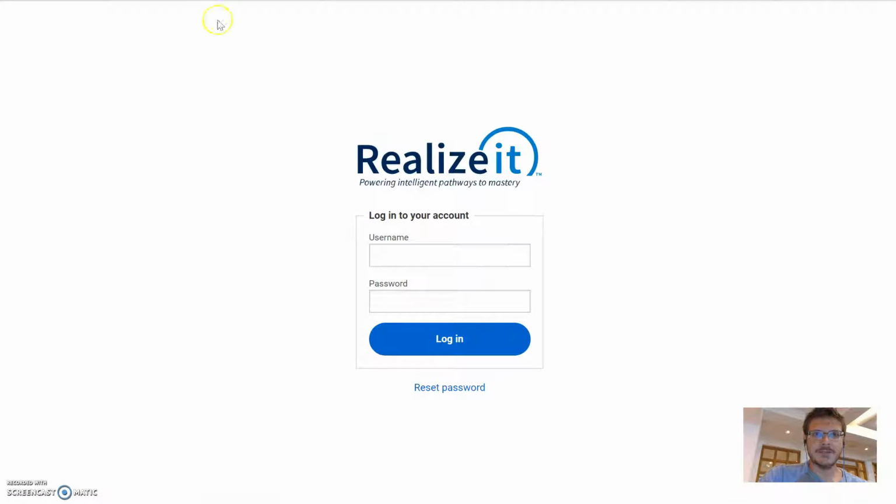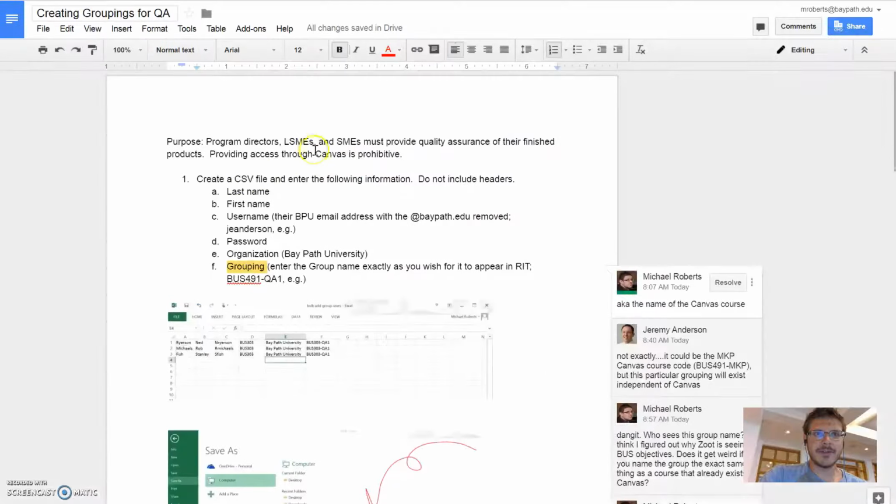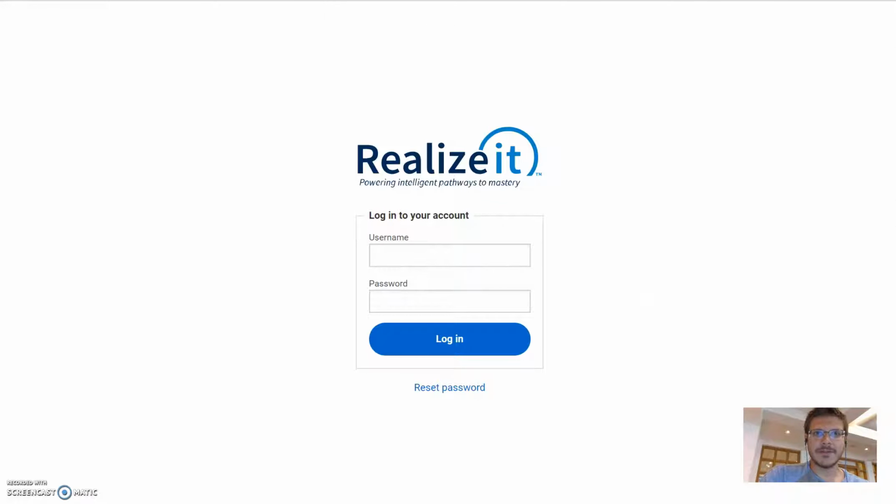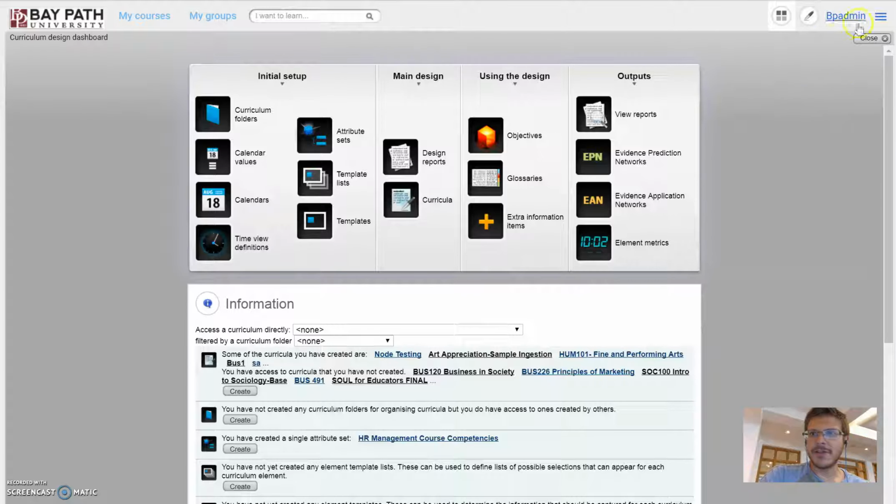Okay, first things first. There's one way you can add groupings, and that's individually in Realize It. So if you actually go to the authoring world,